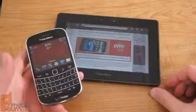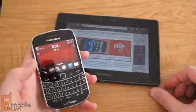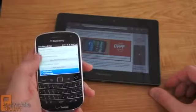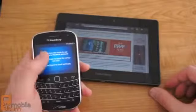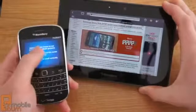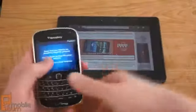The BlackBerry Playbook has always featured tight integration with RIM's BlackBerry smartphones, but RIM has updated the feature with version 2.0 for the bridge function to allow the smartphone to act as a remote. So here we can see use as remote control on the smartphone itself, and there on the BlackBerry tablet we now see we can control a mouse pointer on the screen. You can scroll using 2 fingers,